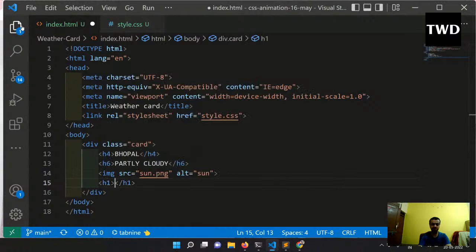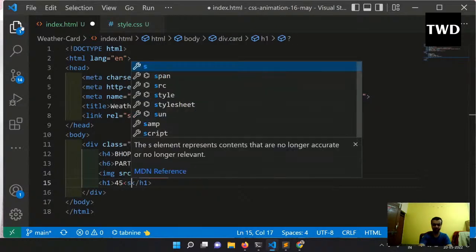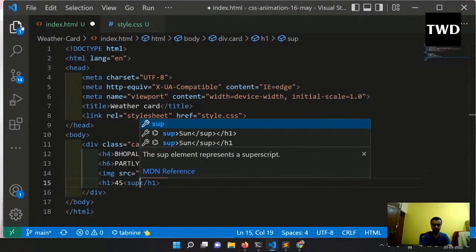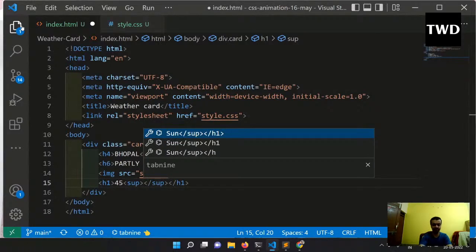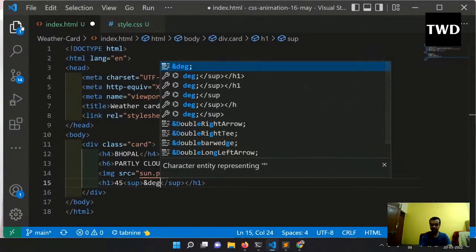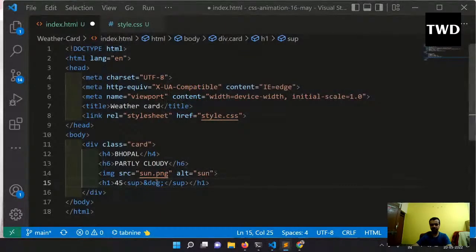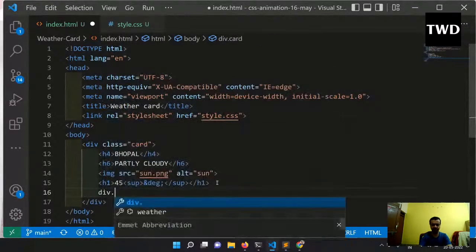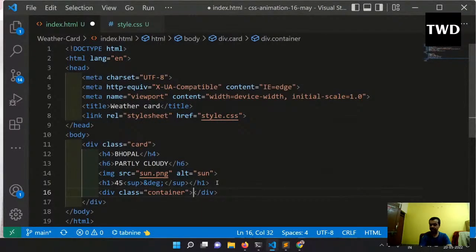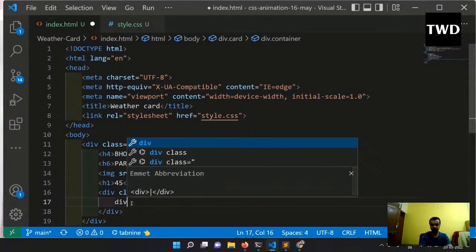Okay. And then h1 is like 45. So 45 is the real degrees. Today it is 45 degree here. 45 sub, and then there's DEG. So DEG gives us the degree. So after this, we won't have many things here. So after this, we have a div container, and then another div